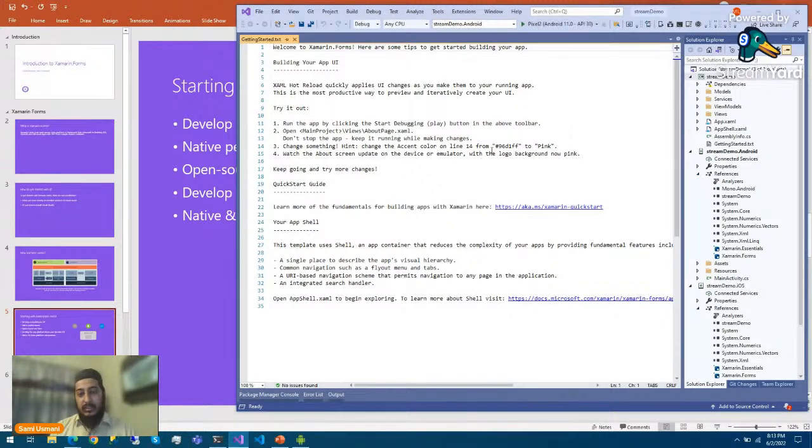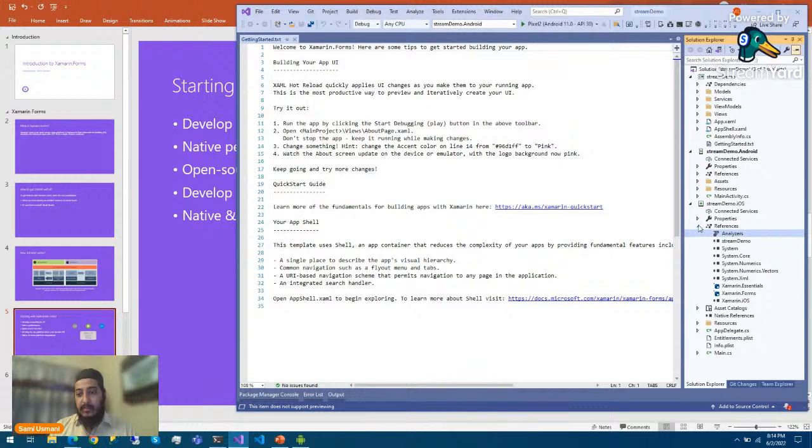As you can see here, the project is loaded and it is showing us the getting started, some go-to points for us. You can read it or you can just go and see the structure of the application here. So what is the structure of the application? First of all, as we are mentioning again and again, we have a shared code base here, and we can write code separately for Android or iOS depending upon our needs.